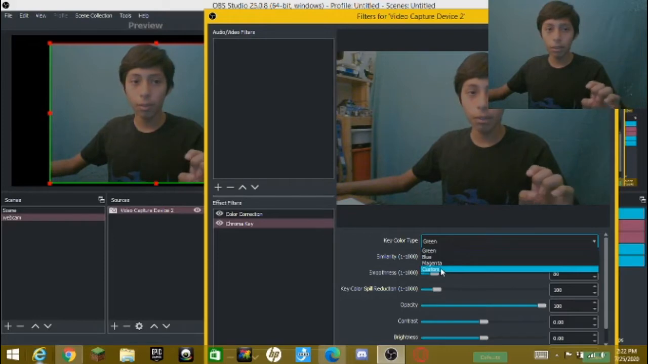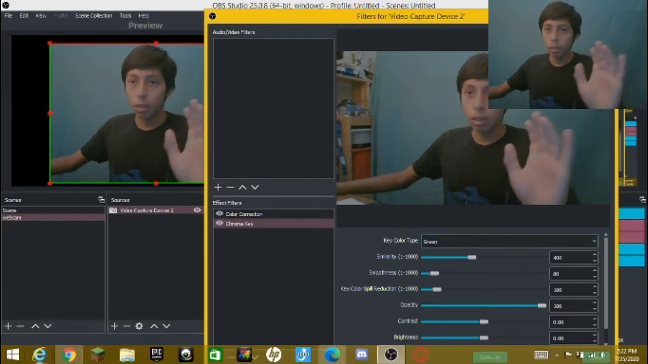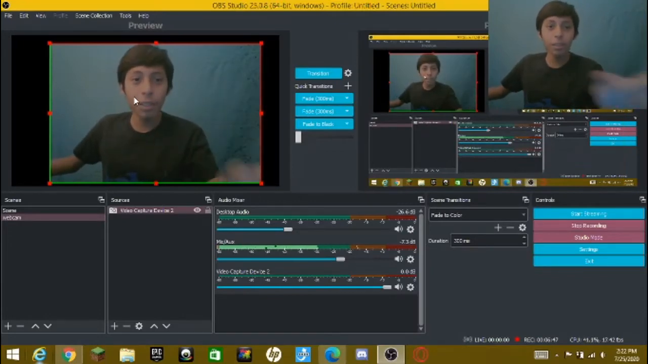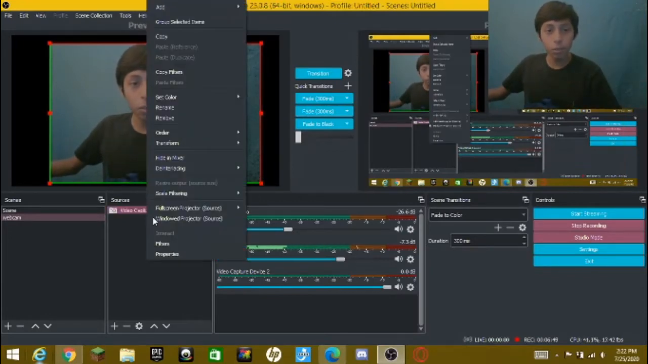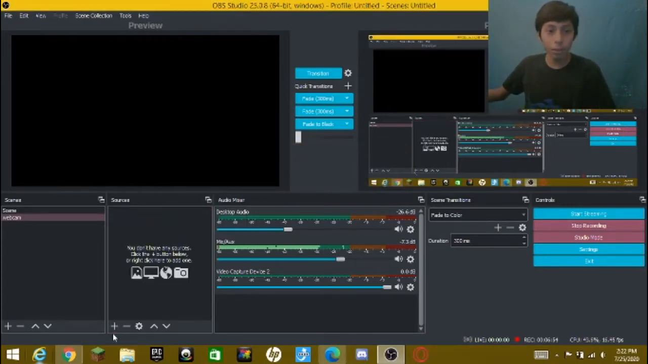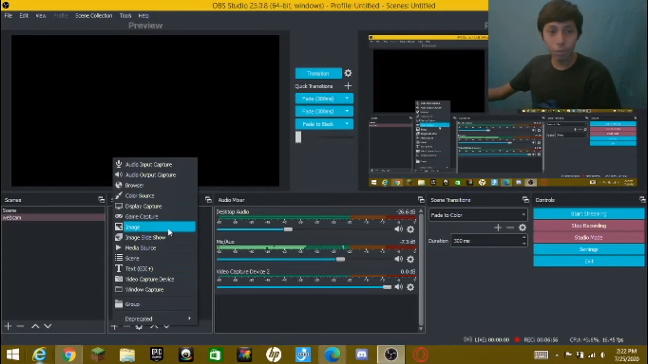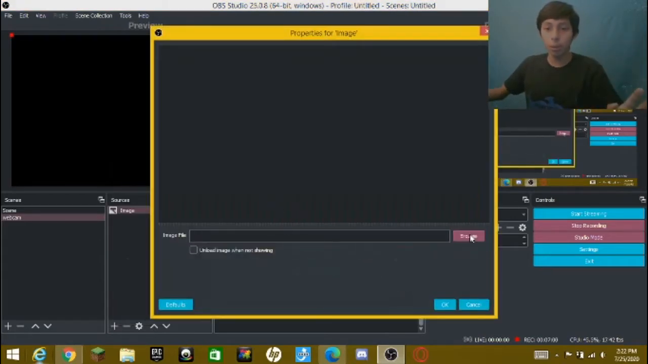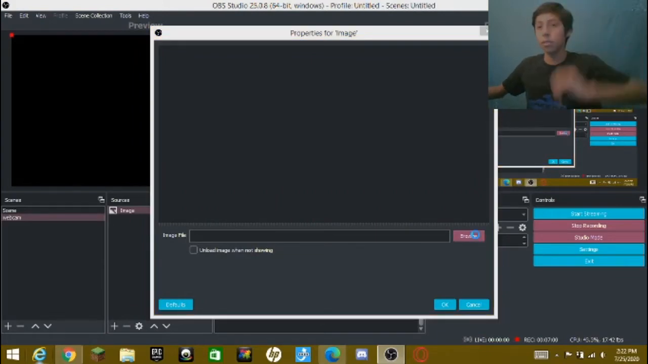Actually, I think I messed up again. Okay, one second. You see how this is here? This will save and everything, so you just want to remove this real quick. I'm doing a lot of stuff wrong for some reason, so I'm going to add an image. Yes, so basically what I'm doing this for is